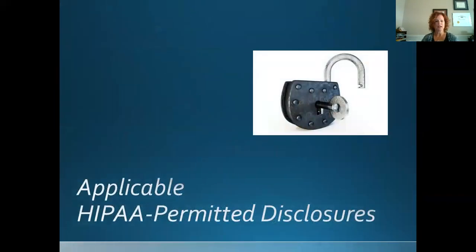We're going to talk next about the disclosures that are permitted to be made under HIPAA that might be applicable to the disclosure of student behavioral health records. So the general rule for all three of these federal confidentiality laws is that those that the laws cover, that must comply with it, are required to obtain the person's written authorization to disclose their protected information unless the applicable laws contain an exception that applies to the disclosure.